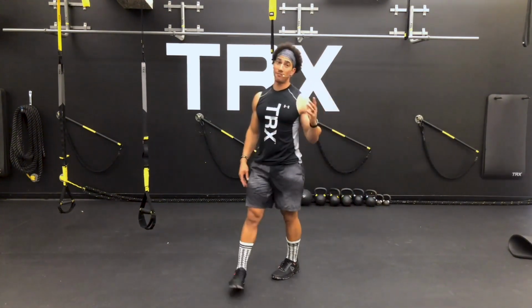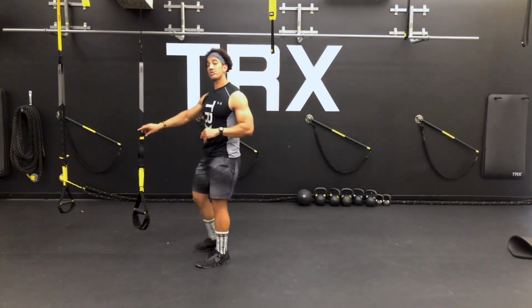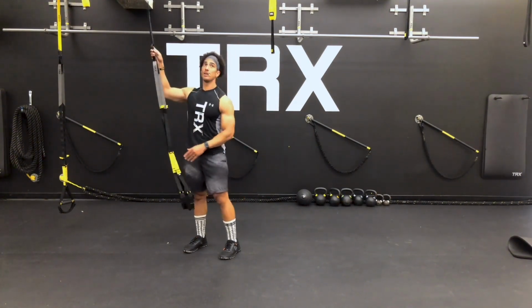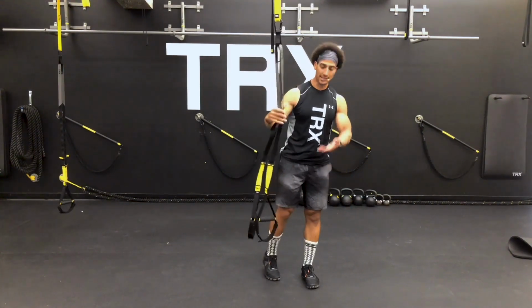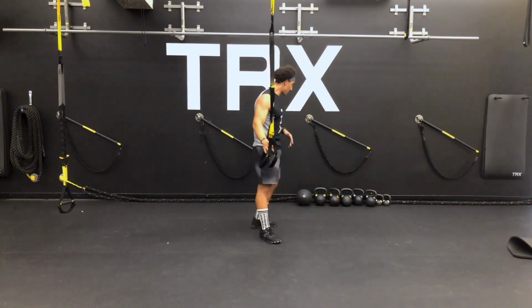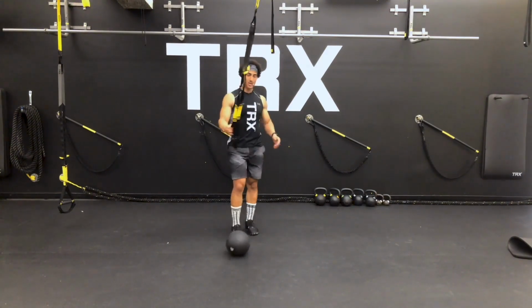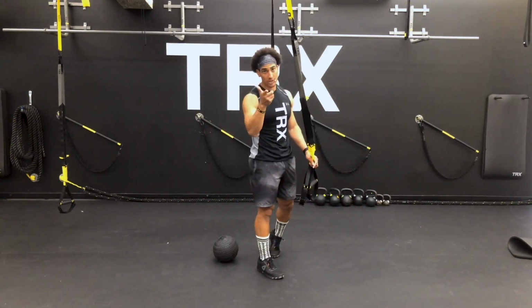So we're coming into our final 5-minute challenge. That's right, 5-minute challenge. You're going to need your straps at mid-length. I'm going to change this so that I'm right here, right in front, so that you can see. We've got 2 exercises, 1 exercise on the straps, 1 exercise off the straps. I've got a 15-pound slam ball. You want to make sure the ball that you're using does not bounce, unless you got a good dental plan,